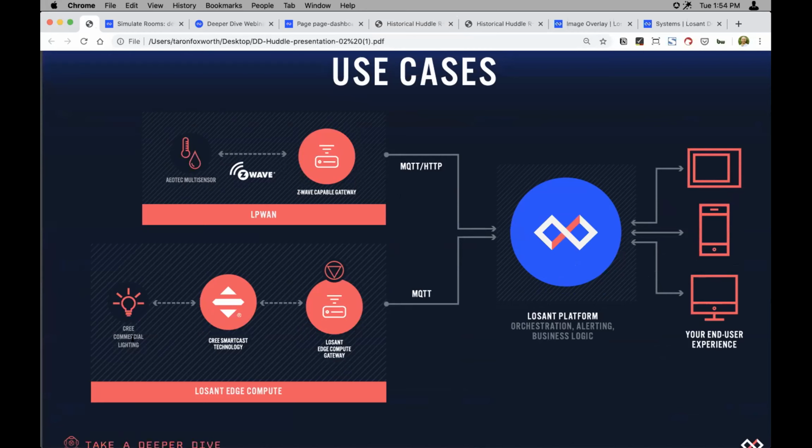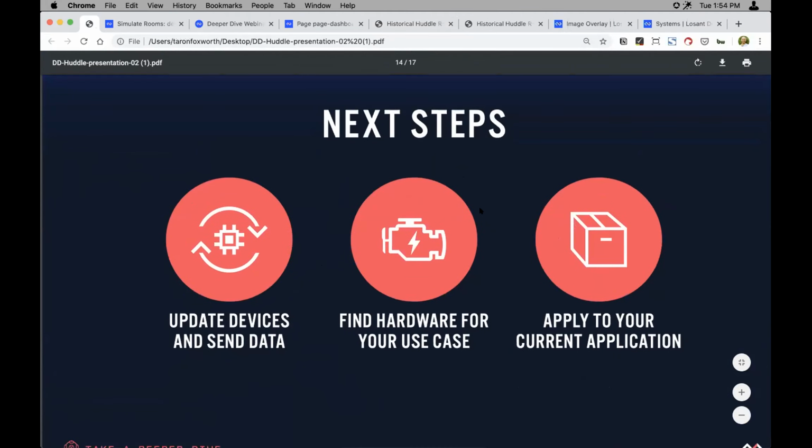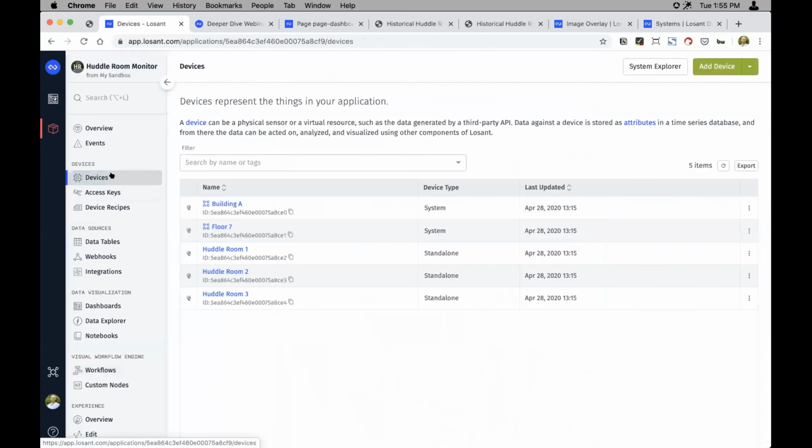But the Cree light is just a light and a motion sensor. So step number one, going back to what Brandon mentioned, is find hardware for a use case. So you've got to have the ability to track temperature. But once you do, and you're able to send that to Losant over MQTT or HTTP, integrating that to this